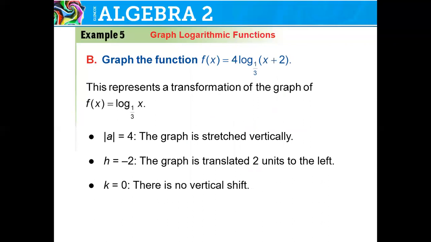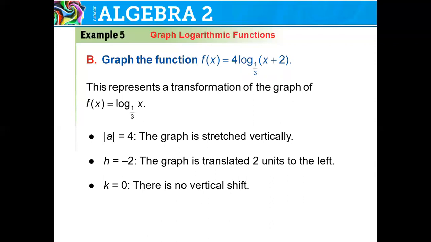Again, remember that you know the parent function. So you can always draw the parent function and then apply this transformation on it. So I can put the parent function and then move 2 units to the left. I can stretch the graph vertically, or you can use the points idea that I discussed in the previous example,